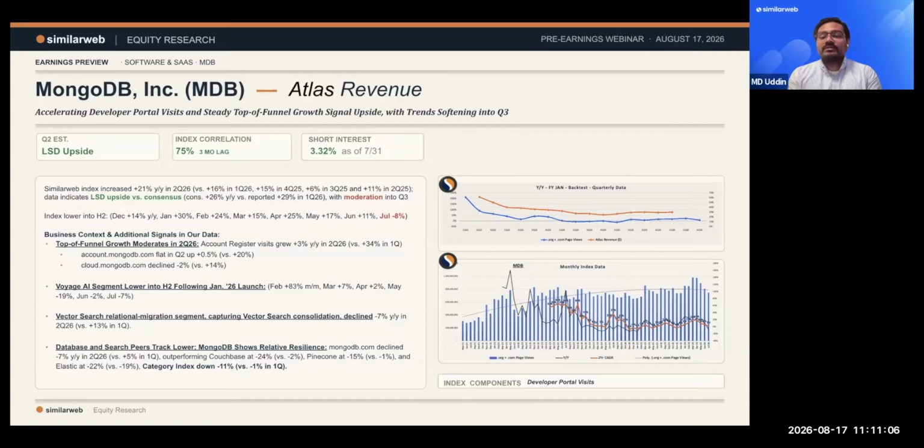At the category level, database and search infrastructure traffic is trending lower, but MongoDB continues to show relative resilience, declining 7% in Q2, compared with larger declines across Couchbase, Pinecone, and Elastic. Okay, moving on to Workday,